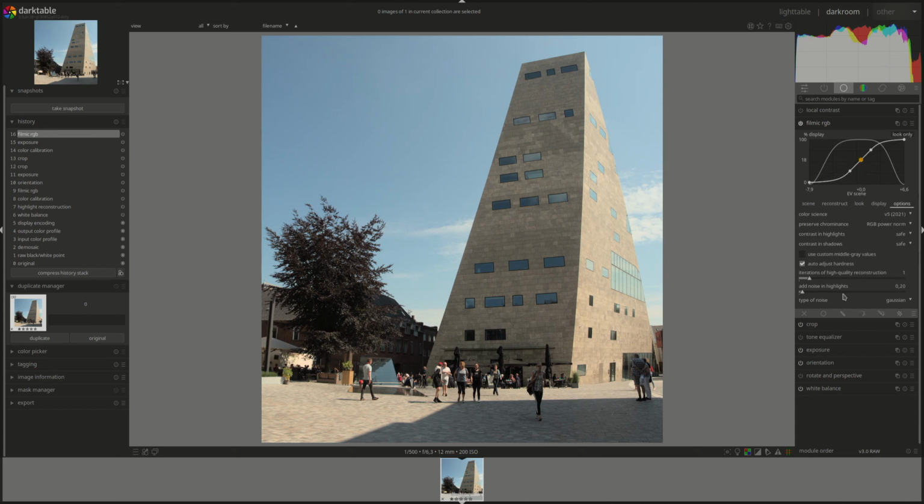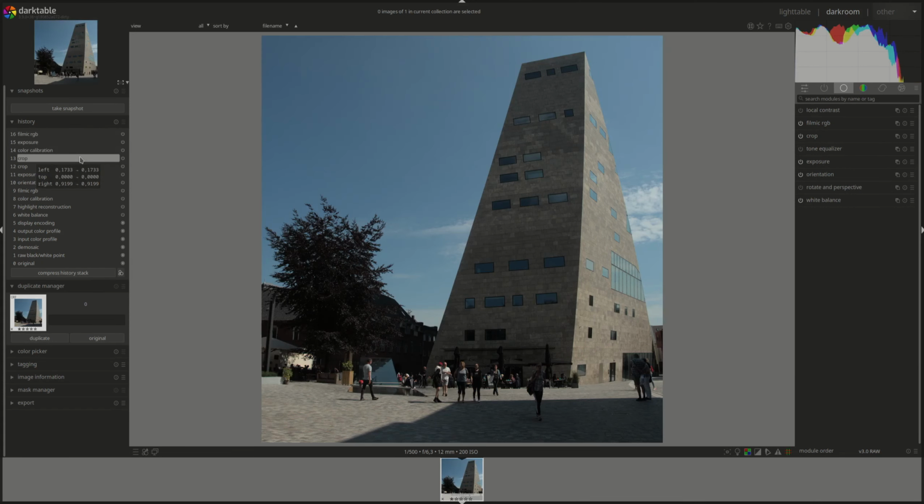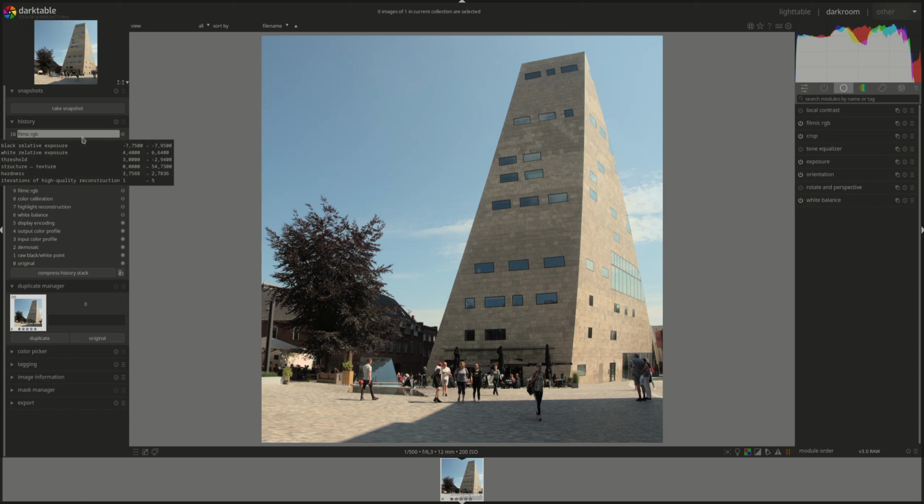Alright, options, a few more high quality reconstruction. Do we need it? Yeah, it's better here, I think. Let's see, what did we do till now? Cropped it. Okay, so far so good, I think. Now let's see,